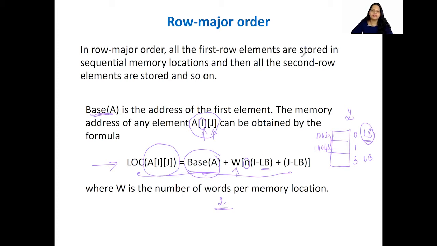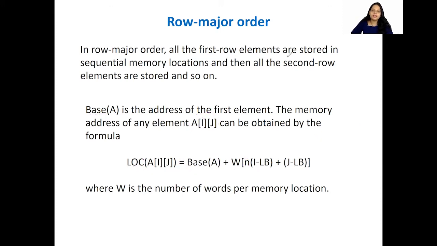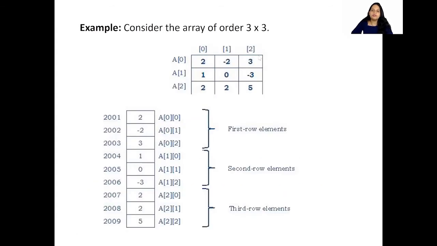Now next, this I will explain with an example. So that time it is going to be clear. Next, let us see an example for row major order. Now see this. This is an array which we have already seen, isn't it? 3 into 3. Now we know that logically we are going to represent it something like this, where this is the 0th column, this is the first column, this is the second column. Now see how it is represented in the array.